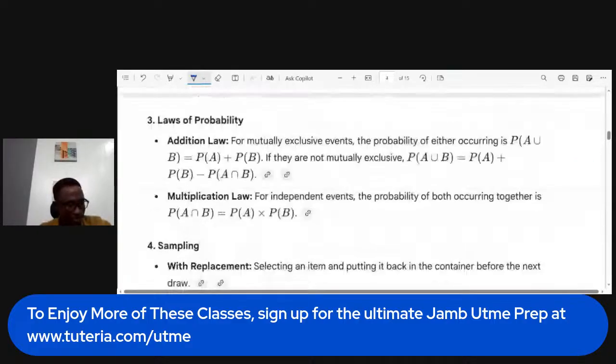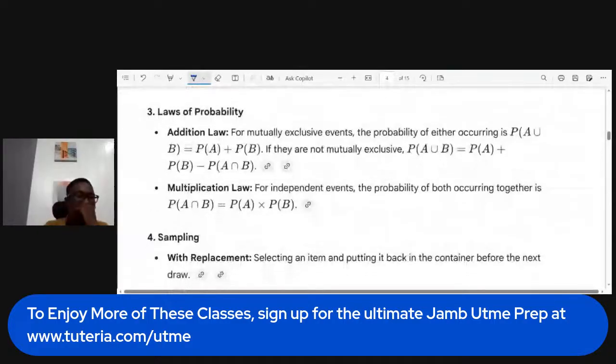So another example, or let's move on because of our time. Laws of probability. So there are some laws we have in probability. Like I told you in our first class, on Wednesday, that mathematics principles are guided by laws. Mathematics basically is guided by laws. There are principles that guide mathematics. So there are laws, like you have the law of indices, we have laws of probabilities. So if you understand these laws, you'll be able to answer your questions. And the goal here is simple, to make sure everyone here gets the desired score.